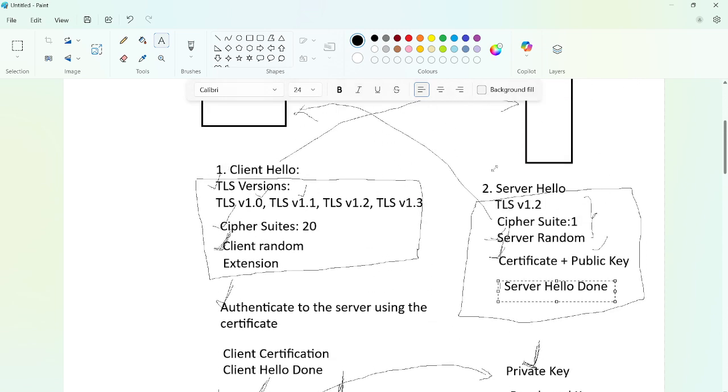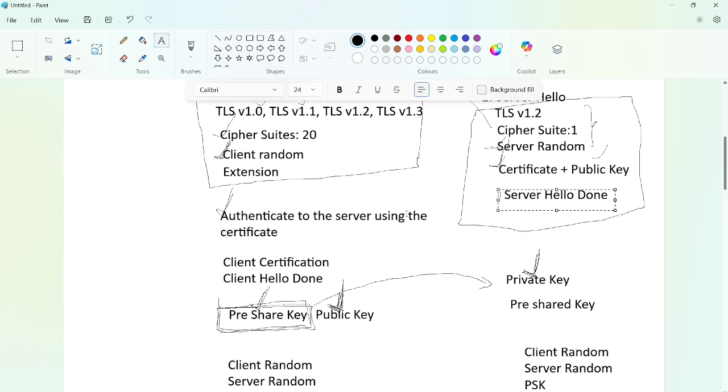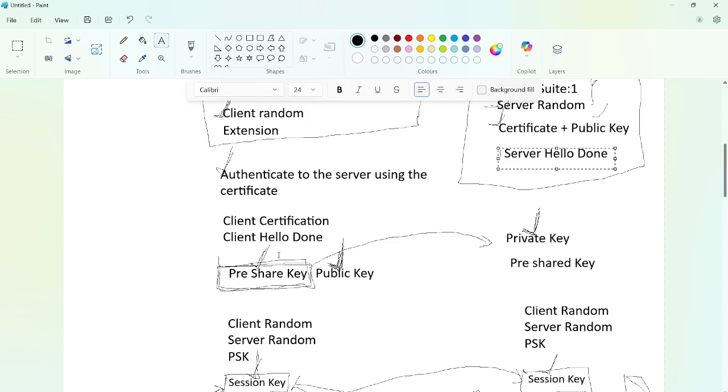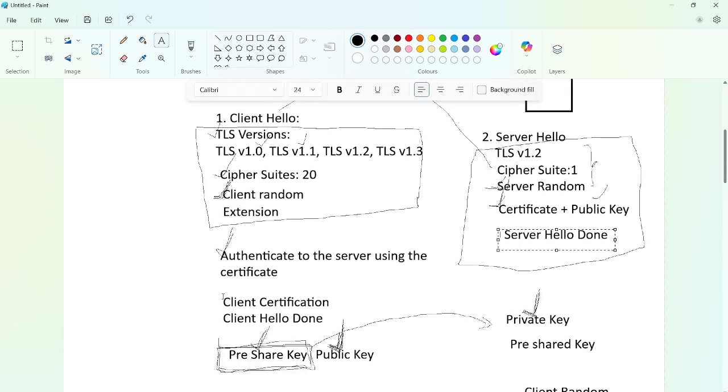Once the client receives the server hello, it authenticates the server using the certificate. After the authentication, if the server needs client authentication, the client sends a client certificate, along with a client hello done.